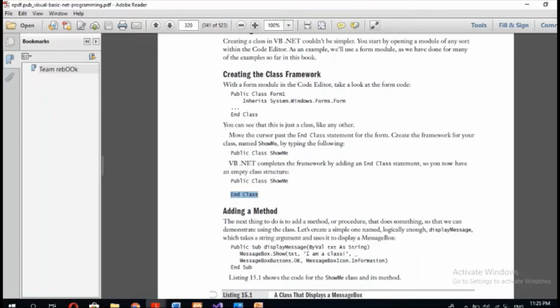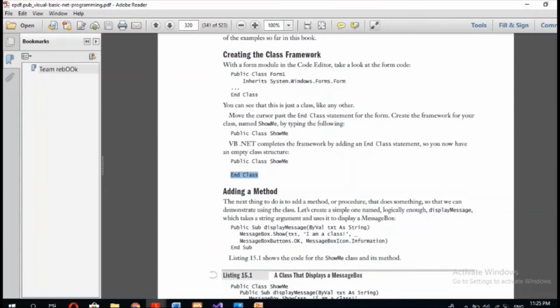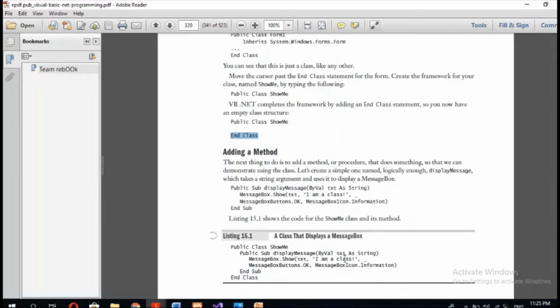That's it. As I told you, a class has attributes, methods, and so on, so you can add a simple method to a class. A subroutine or a function is known as a method. So we have made a subroutine, display message. It accepts an argument text as string, and displays a message box with the text I am a class. It will simply display a message box.